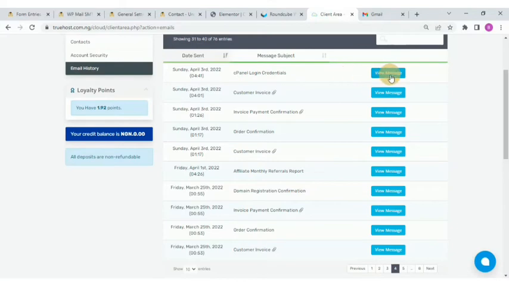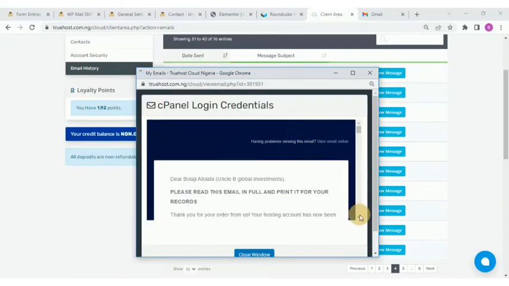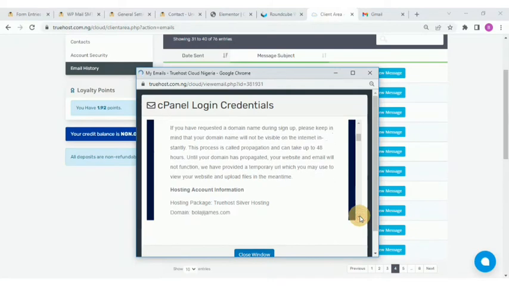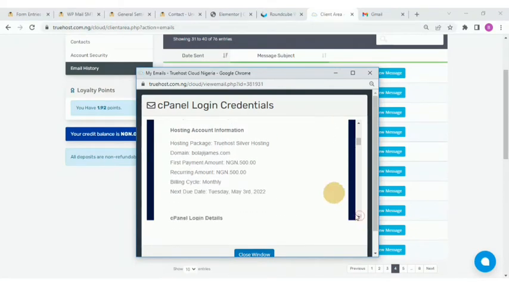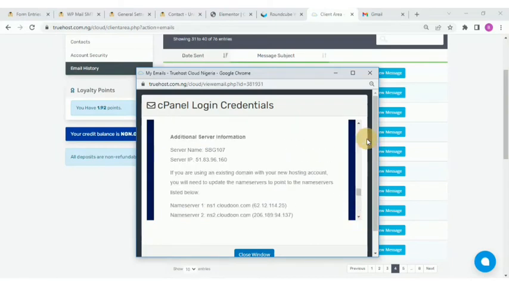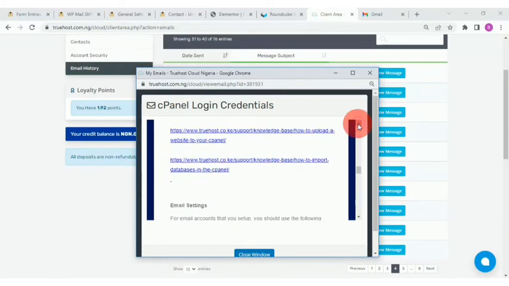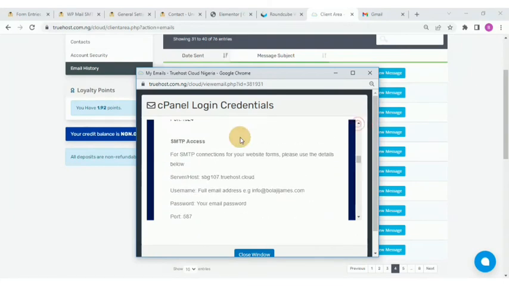Although I don't know which one this is. So let's check which website this is. Okay, this one is for another one, but I think pretty much the same thing should be in the two of them. So when you have that message, just scroll to where you have SMTP access. Okay, where you have SMTP access here, you can see the host here. So you can see the host here for this other account. Then for the other one,